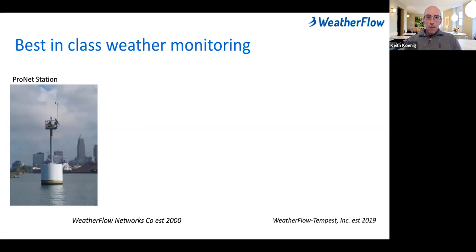We have an agreement with the US Coast Guard to deploy stations in really key locations, such as on navigational aids. And our team of meteorologists actually look at all of the resources in an area and decide what the best place is to site a weather station where we are going to get things like the best wind fetch, representative conditions that aren't otherwise monitored or observed by other networks in place. And then we go out and our team installs these really high-end stations in key locations.